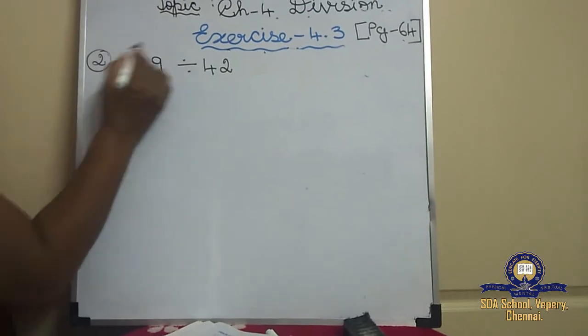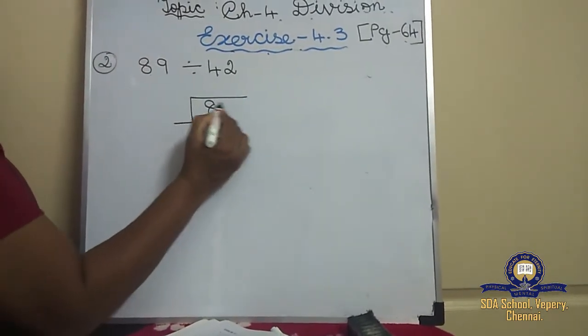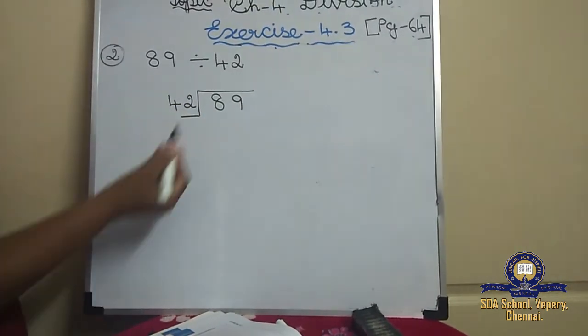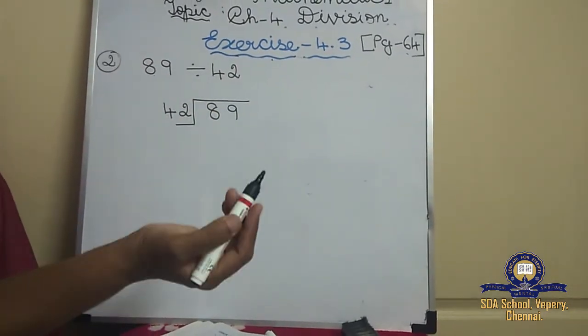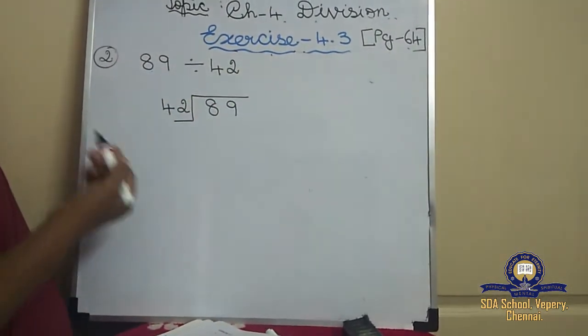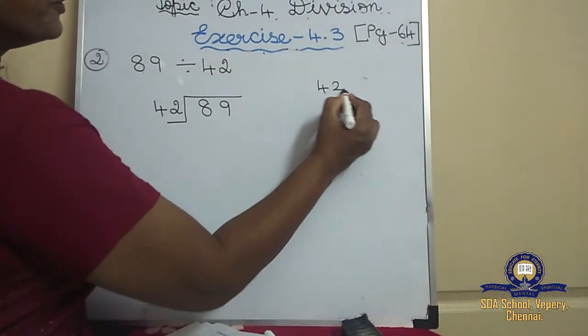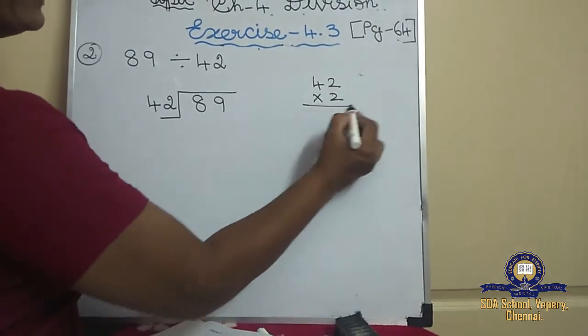The first, this is dividend. 89 is dividend and 42 is divisor. The smallest number should be outside. Okay? So here, can you multiply 42 ones are 42, 40? You can tell, children, no. So the easy method is what? 42 ones are 42, all of them no. So from the two table if you write, it will be easy.